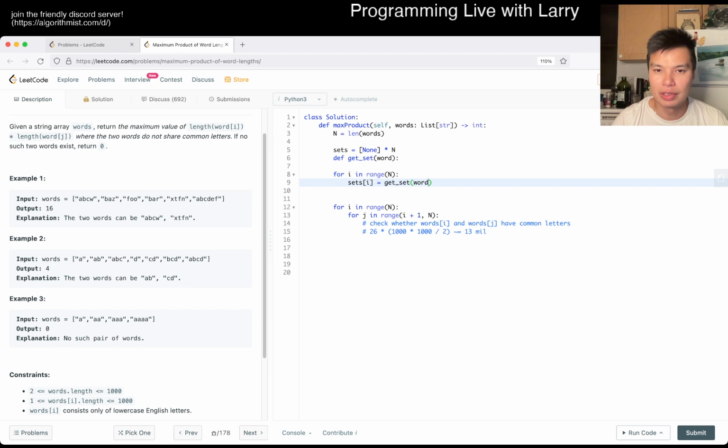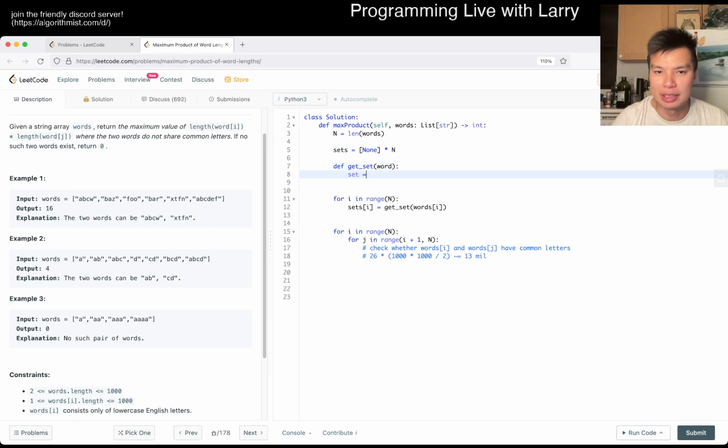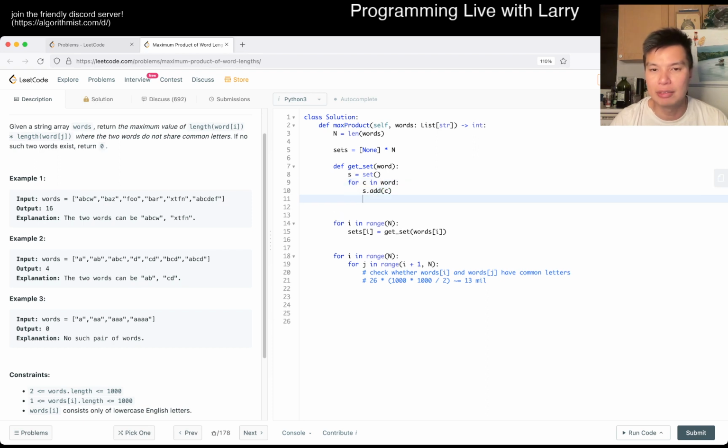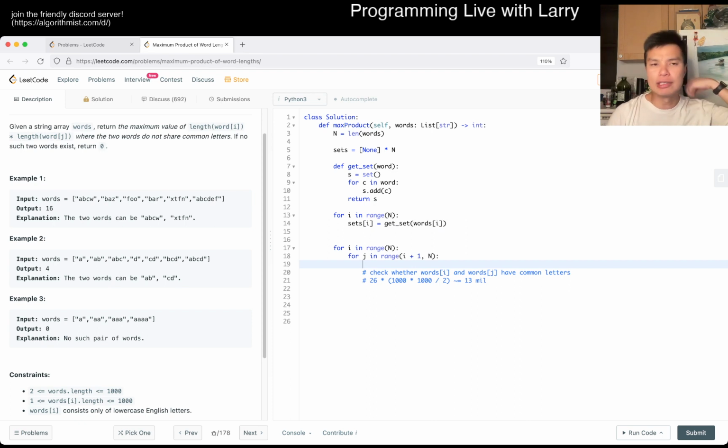Also, words of i, not words. But yeah, so now, given a word, what we want is just a set of all the characters we've seen, right? So for c in word, s.add(c), return s, and that's pretty much it. We're going to run it. Just to be clear, my expectation is that it doesn't fit,